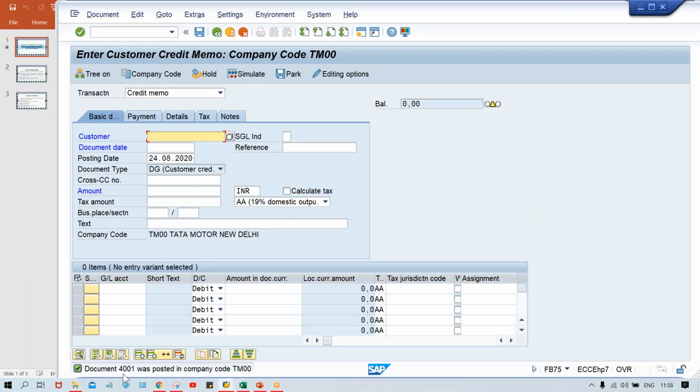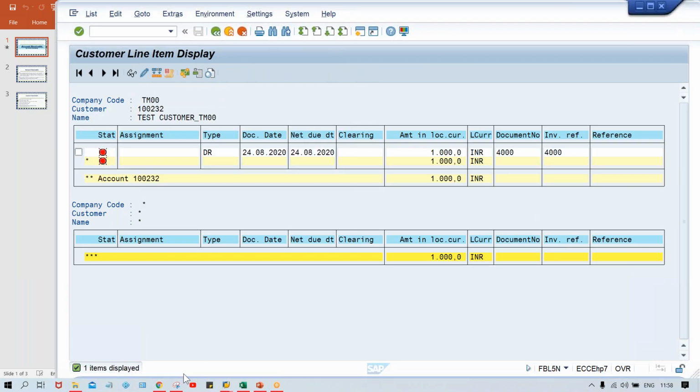Look at your document number 4001 got posted, right? Because the previous document which was posted was 4,000, right? So what is the next document number, 4001. And here if you click on refresh,